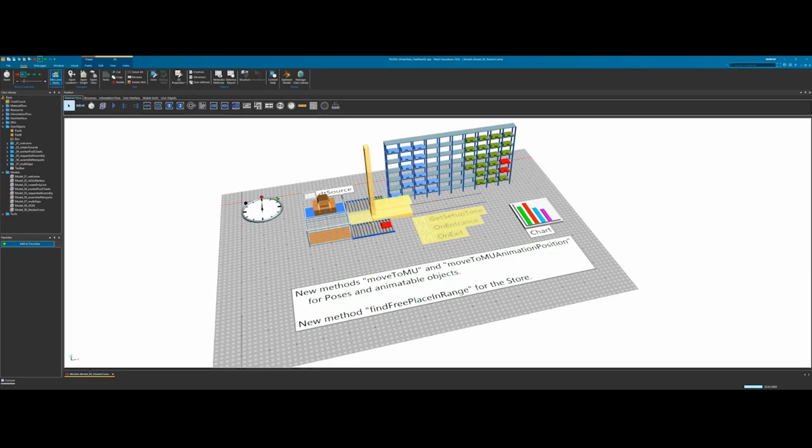So the stacker crane cannot break when traveling between destinations. What would be the concept for disruption modeling? Well, you could add a failure profile to this single proc station, and by default, the pose movement, I'm now not 100% sure in what cases it works, but in some cases it will work straight out of the box. If you have a failure, the pose movement will stop. I think it depends on how your graphic structure is, what kind of animatable objects there are.